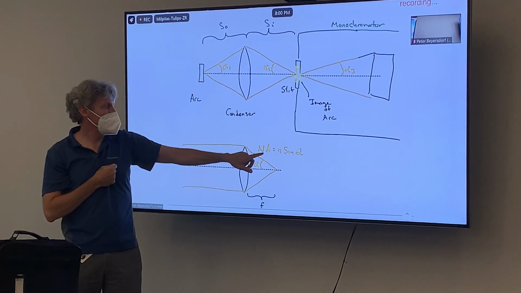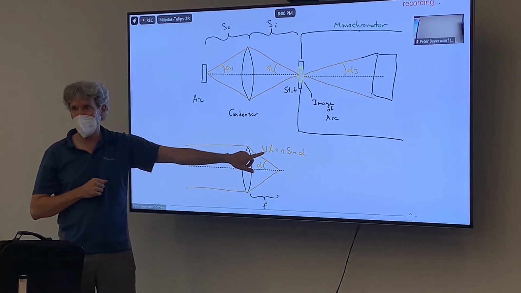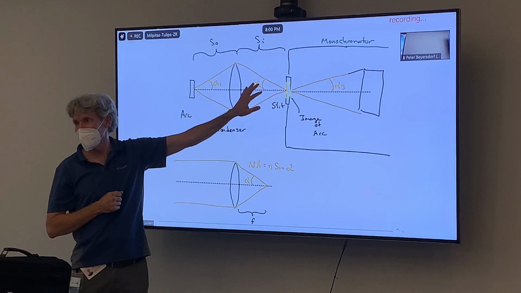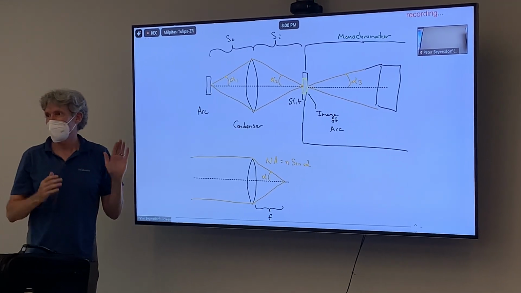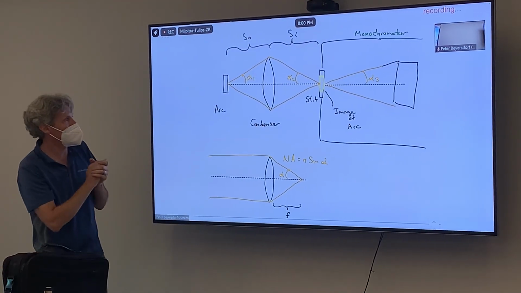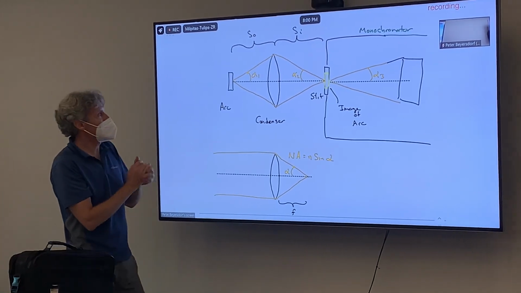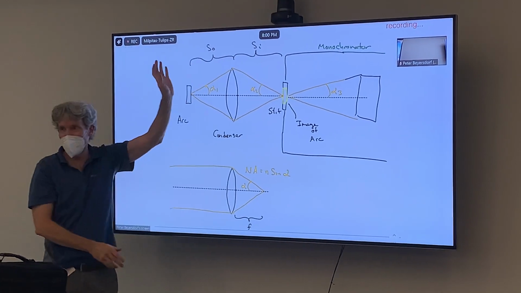So you're going to need to choose a lens that has a specified numerical aperture that's greater than sine of alpha 2, because you're going to use it from further away. Okay, so that was one thing that I was mentioning before, but the picture I think hopefully helps make that clearer. But then the other thing is, yeah, if it turns out that your lens is bigger than you need,